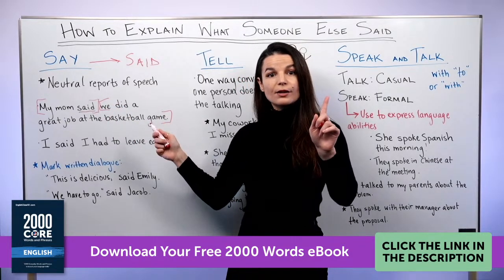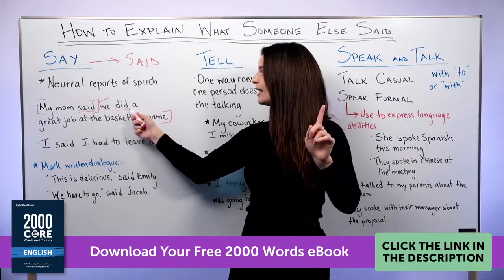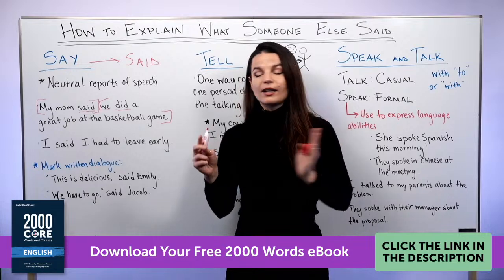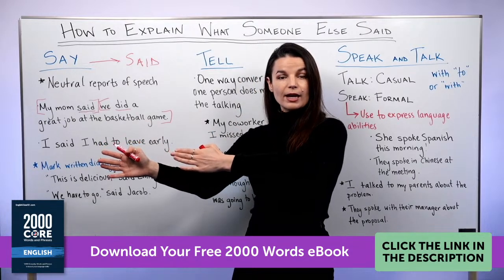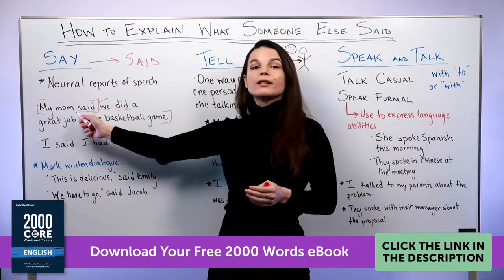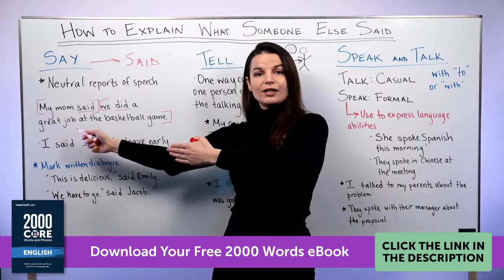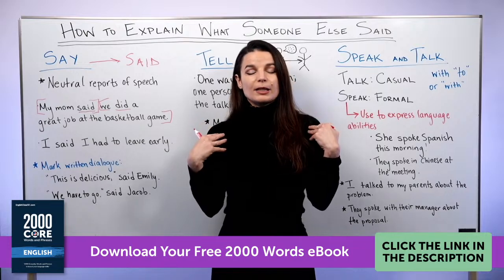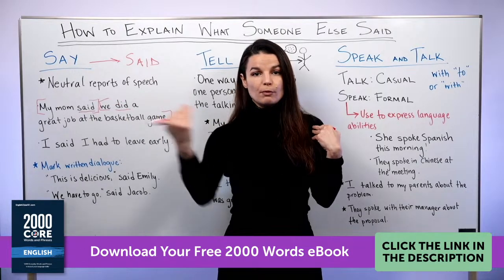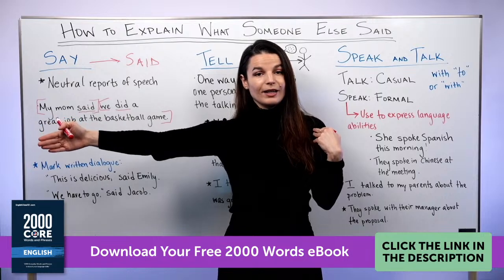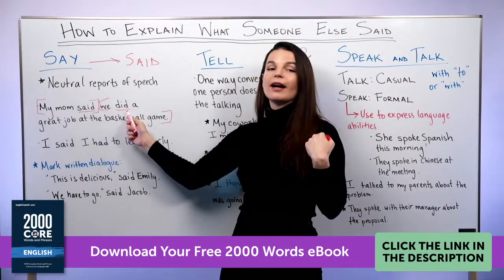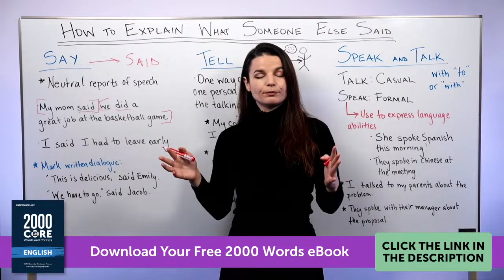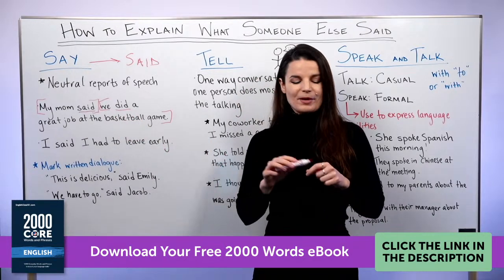Okay, also note this verb, we did a great job. This is also in past tense because the action was in the past, right? So this report happened before the conversation, and the basketball game happened before the conversation, right? So I'm explaining my mom's report to me of the past game, right? So we need to use past tense and past tense here. Past tense report of my mom's past tense expression, okay? My mom said we did a great job at the basketball game.